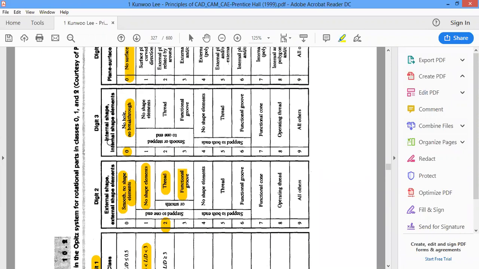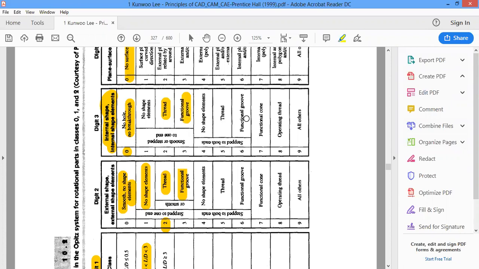The third digit is about the internal shape and internal shape elements. Again, over here we can have no hole, the shape element, the threads, functional groove, almost the same things.